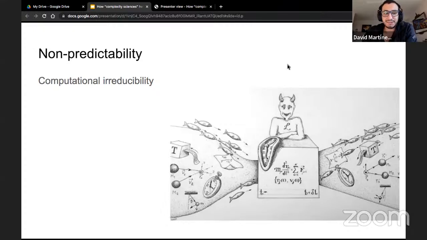So that's what we call computational irreducibility. So even if it's an interesting idea, the Laplace demon is not really useful today in complex systems.